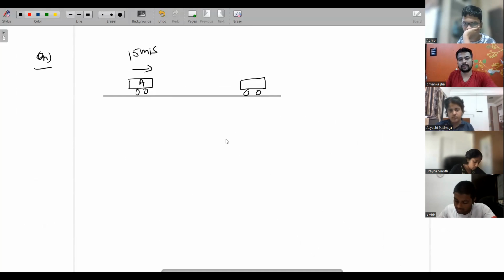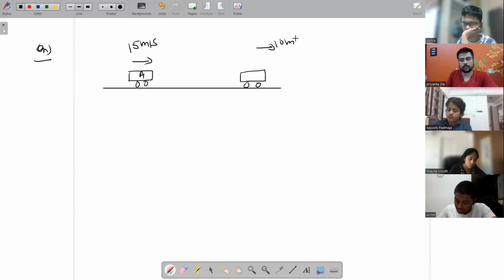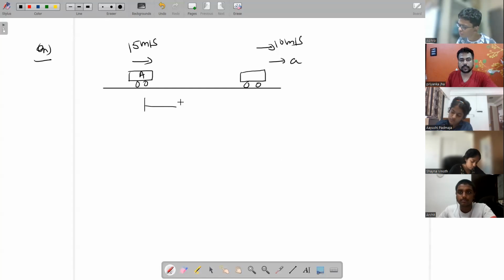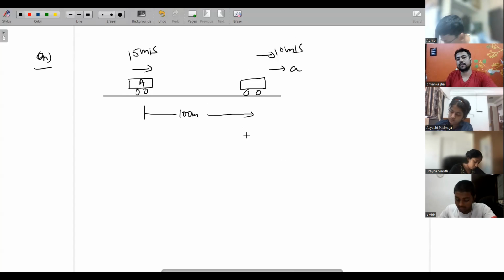Car B is moving with 10 meters per second, but car A will have some acceleration as well. There is no acceleration in car B. Car A is moving with some constant acceleration. And the distance between them is 100 meters. Find